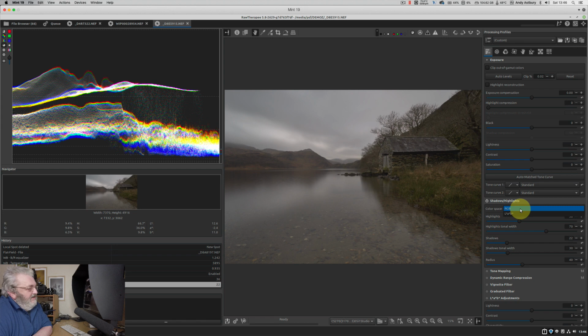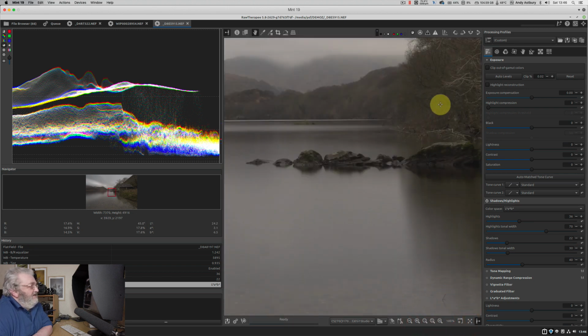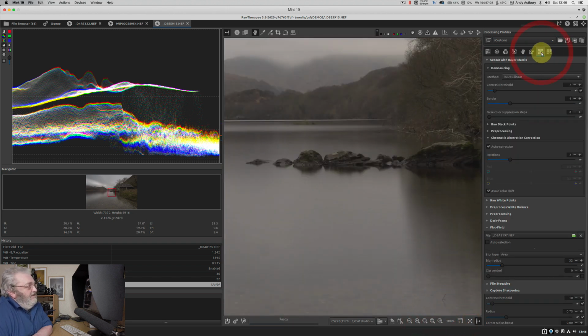But just to be on the safe side, we'll put it in lab, so that all those changes are taking place on the L channel. And you did just see a little bit of movement in the waveform there, and everything sort of come back to relatively neutral. And I think we'll just go into that at 100%,